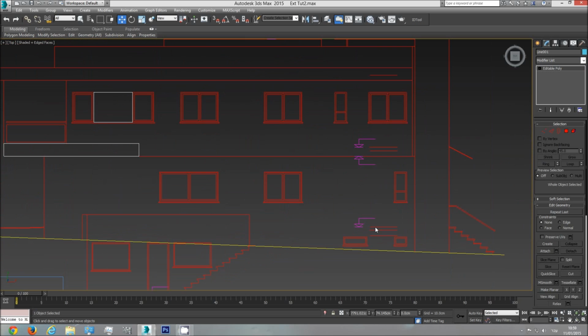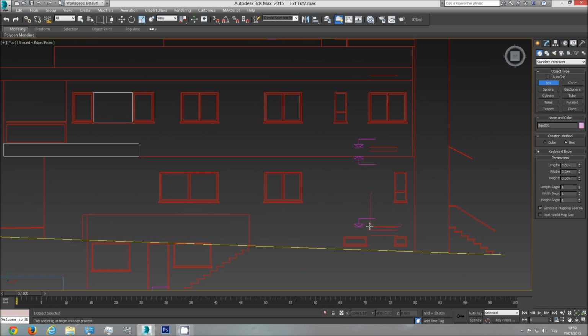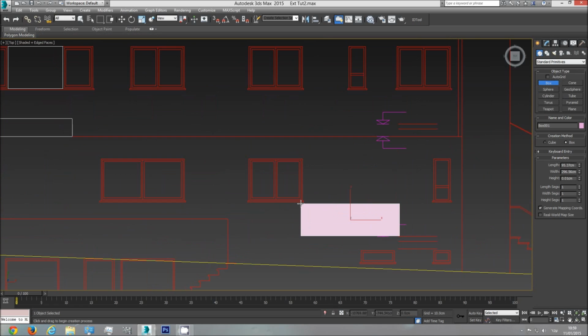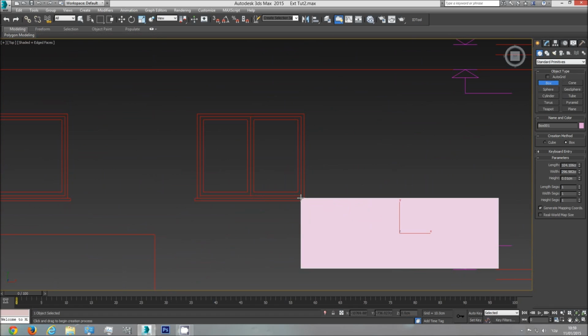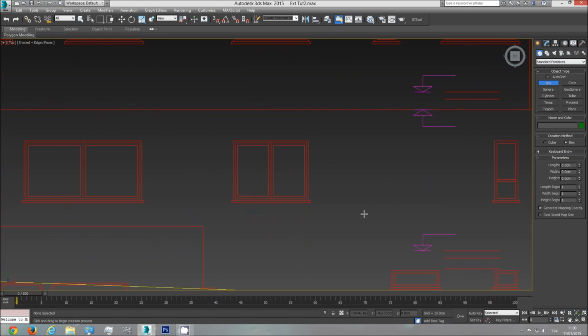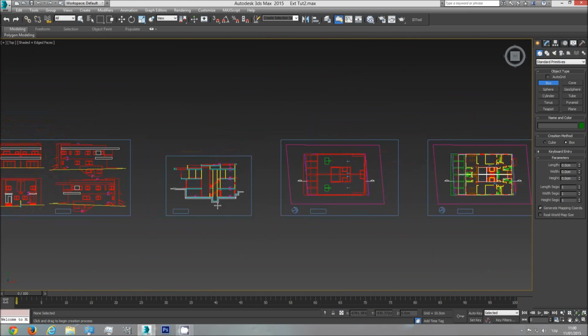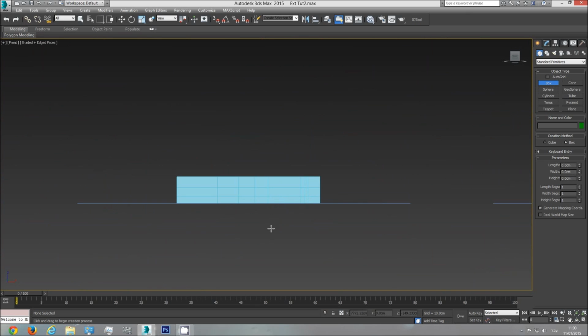So this is our floor here. This one. Second, this one is our floor. Now from the floor to the bottom part of our window, which is here, we have 103 centimeters height. From the bottom part of our window to the top part of our window we have 125. So 103 and 125. I'm going to go to the front viewport, create a box